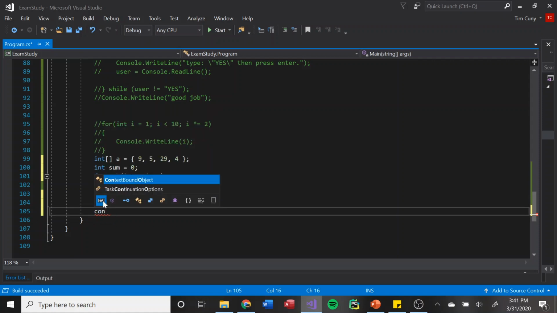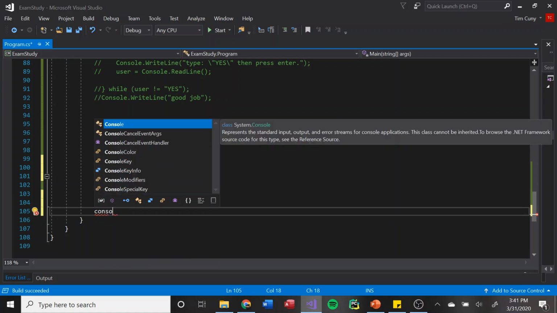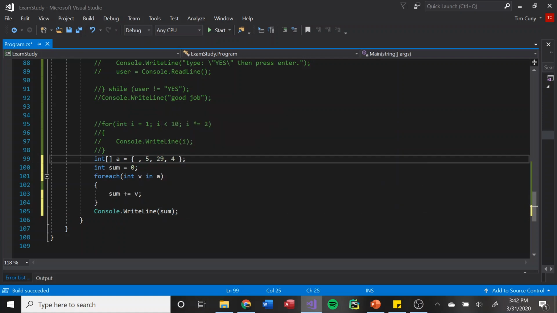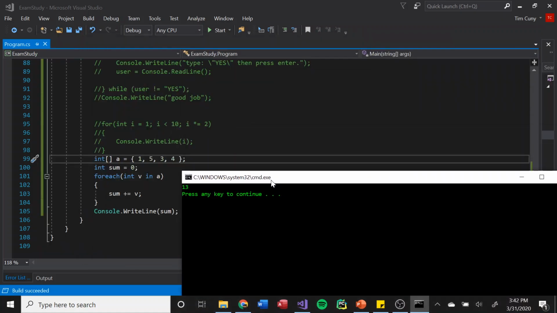I'm going to simplify these numbers a little so math is easier for us all, right? So 1, 3, 5, and 4. So that's 4, 9, 13. It should be 13. Voila. So anytime you're doing things of that nature, like adding them together, a foreach is